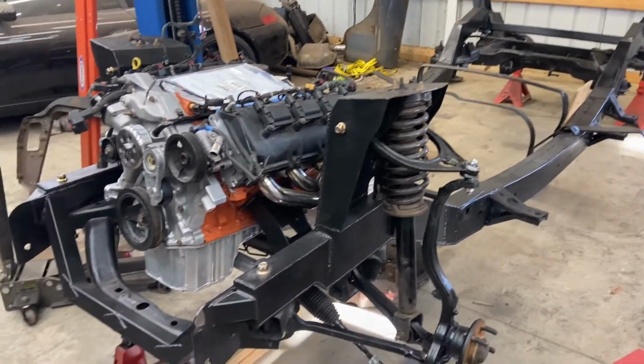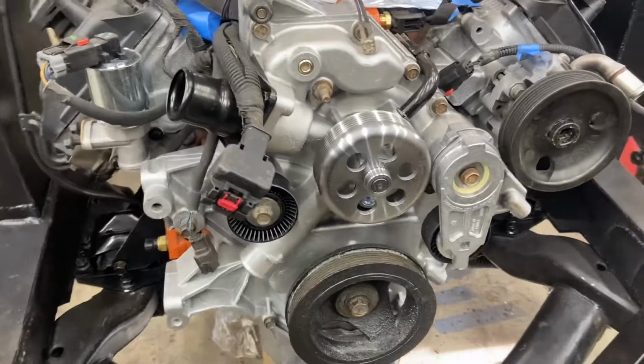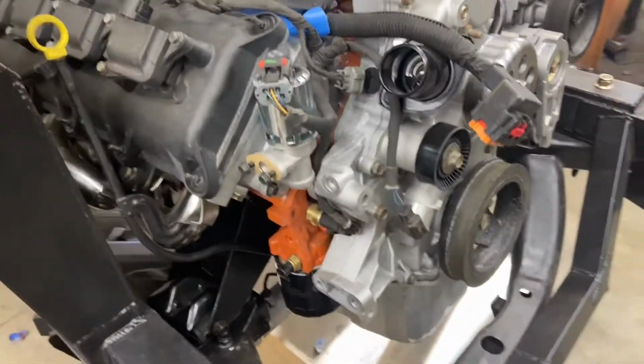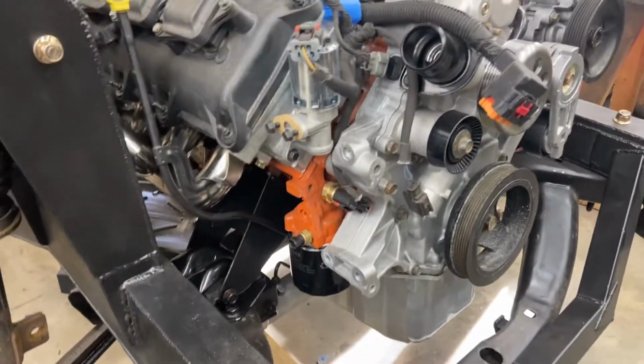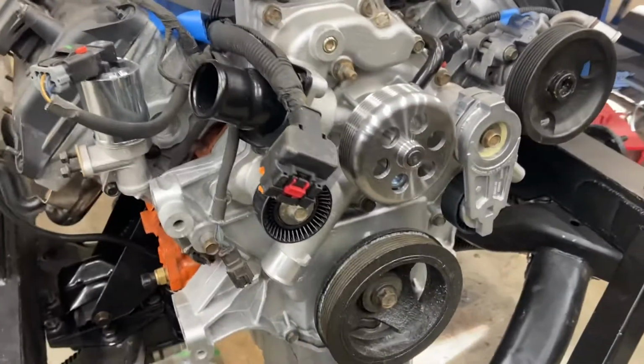So that's done. The engine is looking good. It's all painted up, and I got some new parts on it: new water pump, new oil filter, new idler pulleys, new tensioner,